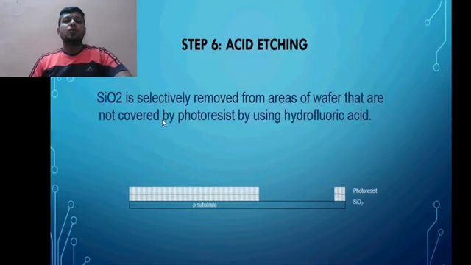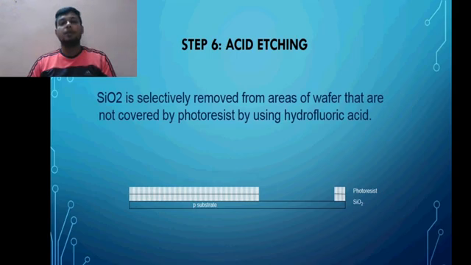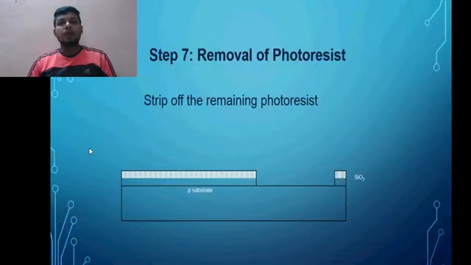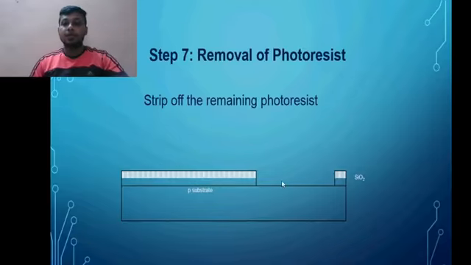So SiO2 is selectively removed from areas of the wafer that are not covered by the photoresist by using hydrofluoric acid. So where there was no photoresist, we'll remove the silicon dioxide from the wafer using hydrofluoric acid. So now we strip off the remaining photoresist layers,